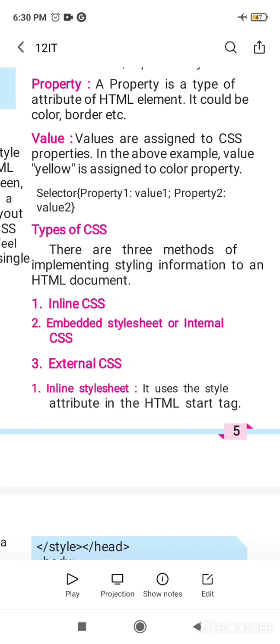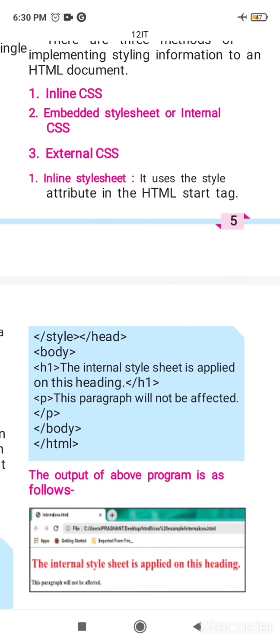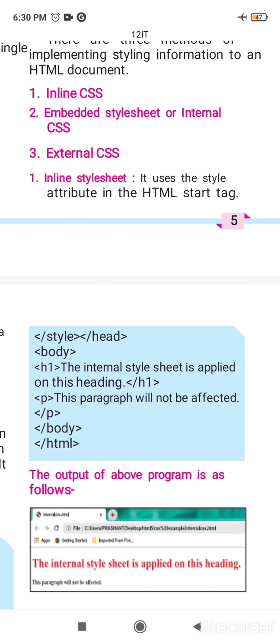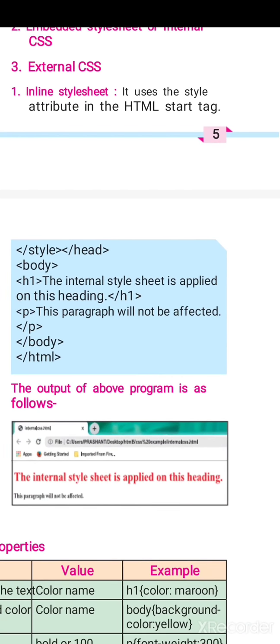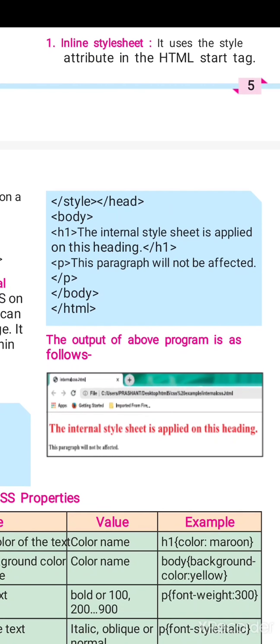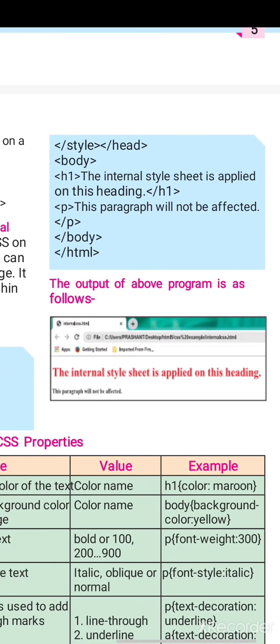We will see theoretically one by one such types of style sheets. Number 1, inline style sheet. As its name implies, this style sheet is prepared in a body section, as well as applied and prepared at the same line where it is prepared.